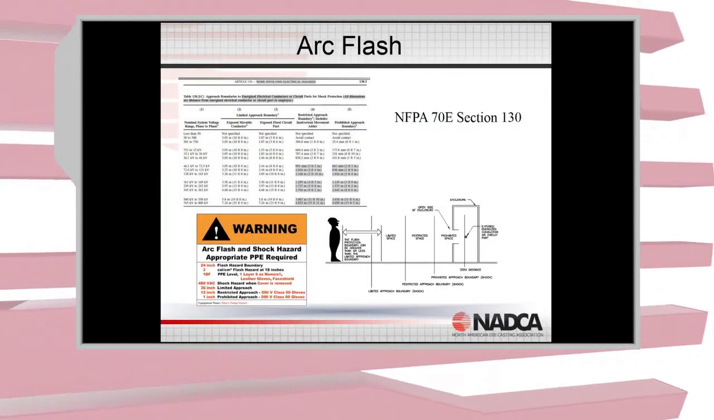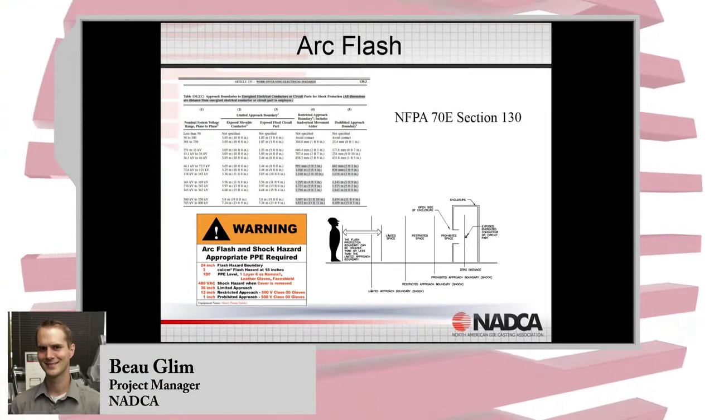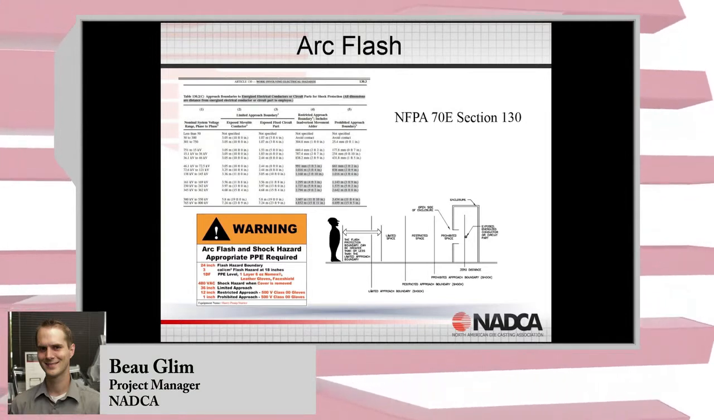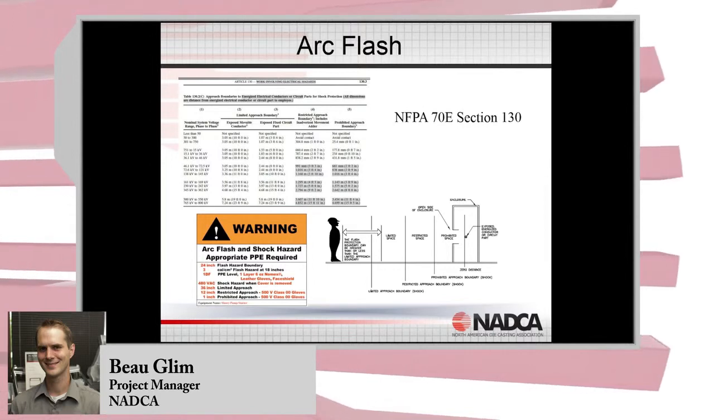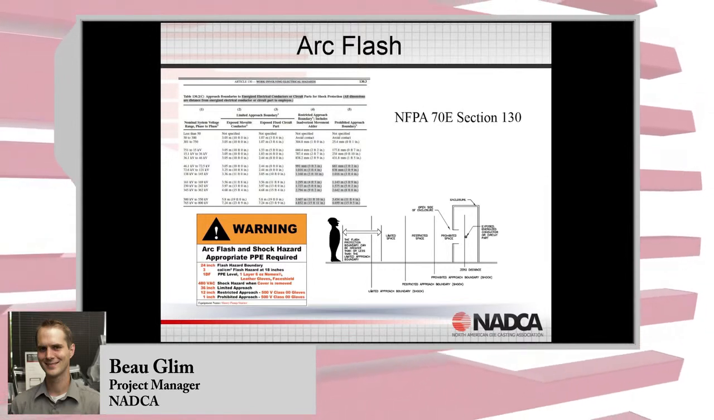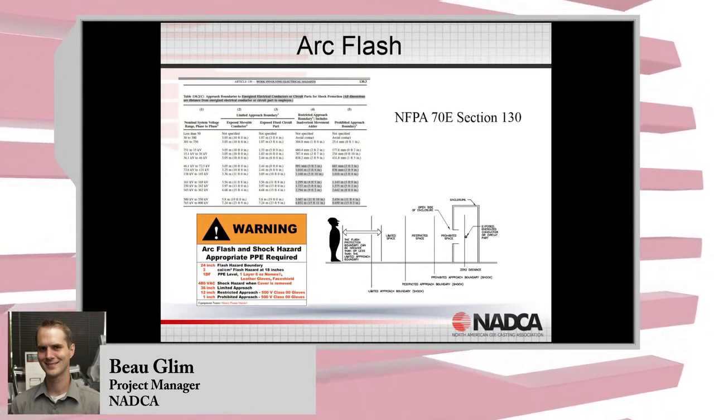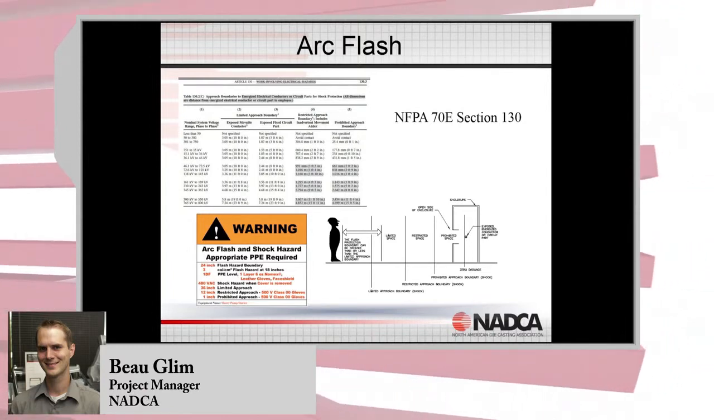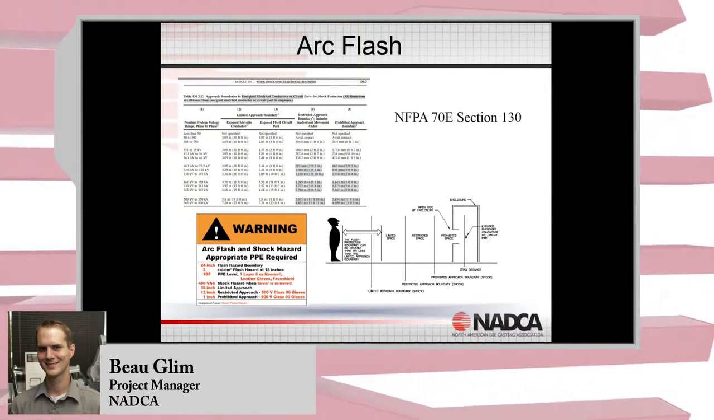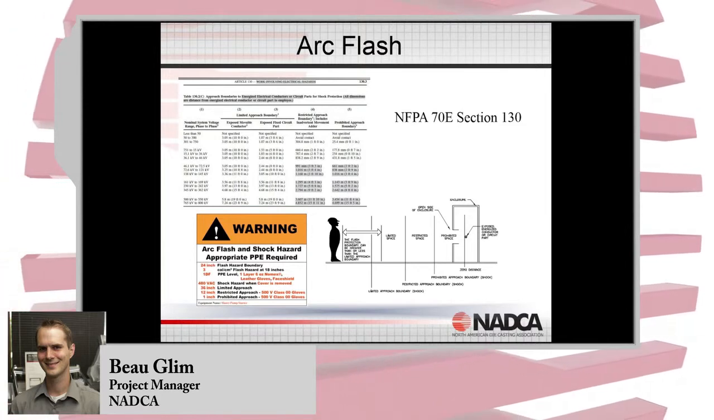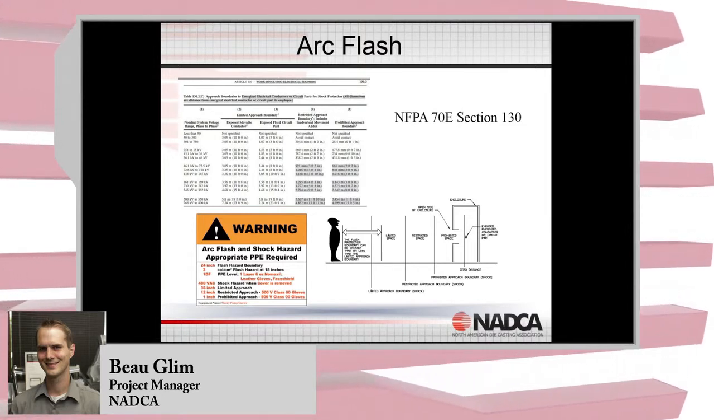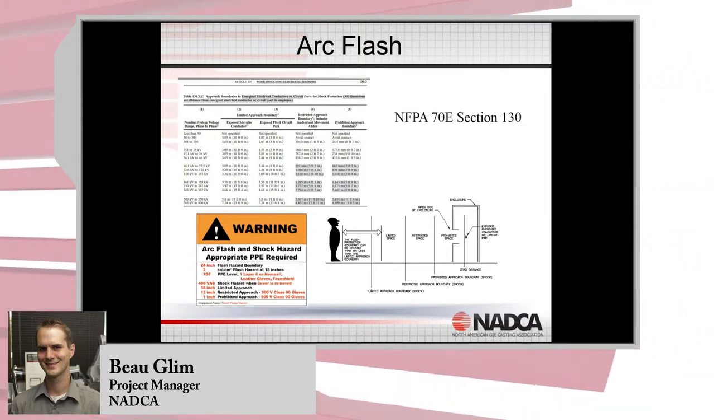If we look at arc flash, NFPA 70E Section 130 talks about all the electrical hazards, and it does a good job talking about arc flash and how to protect against it, how to set up these boundaries. And if you don't know what arc flash is,